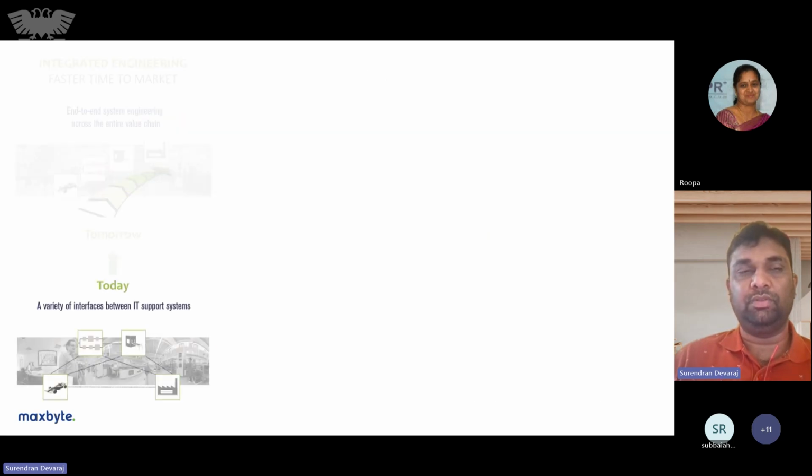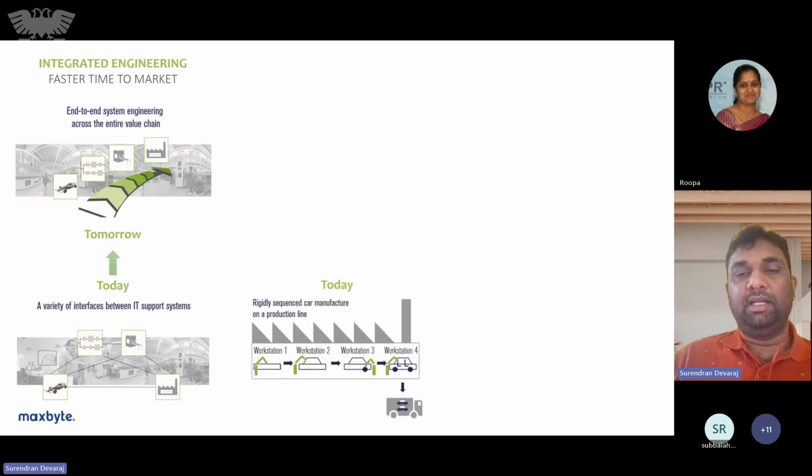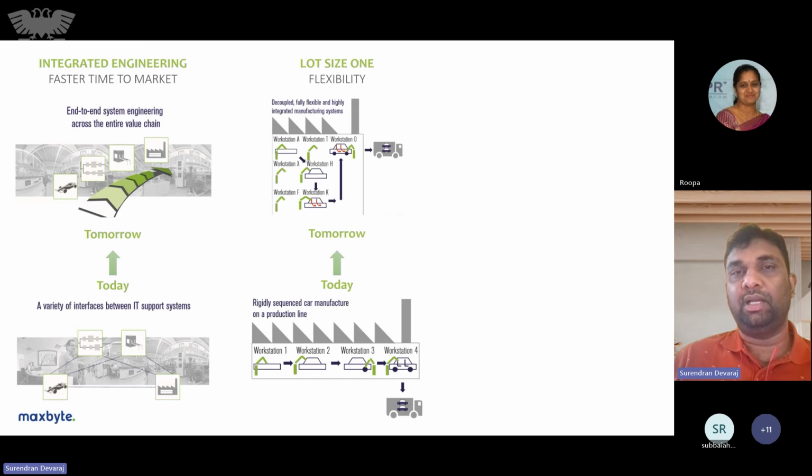There are multiple technologies that come up around Industry 4.0. So what is the main aim of this digital transformation or data-driven manufacturing? In today's scenarios, there are multiple IT support systems. So how can we form a clear interface between these support systems and form a single source of data? That will help us with faster time to market. And today's flexible assembly lines are more and more rigid. So how can we have flexibility so that even to produce one product, our assembly line can be more flexible? So how our revenue streams can be changed,